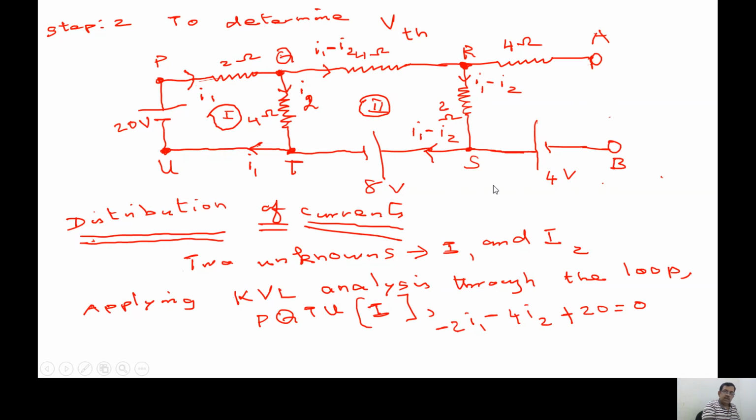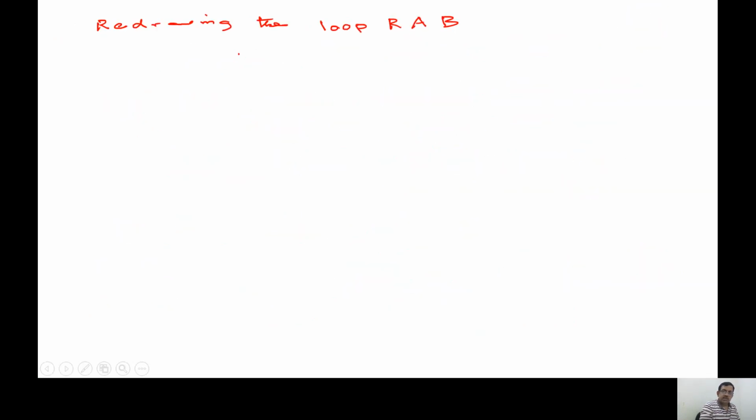When I redraw it, there is a 2 ohm resistor, there is a 4 ohm resistor, then there is a voltage source over here, that is the 4 volt, and let me mark the points R, A,